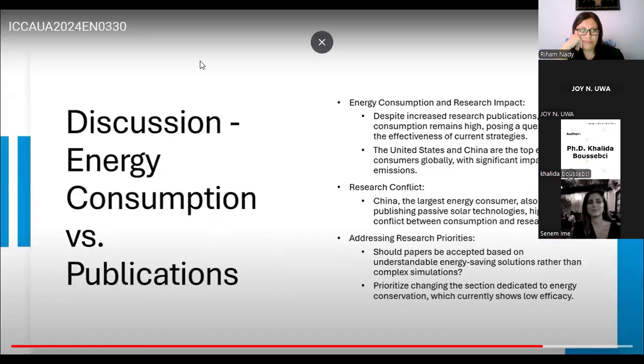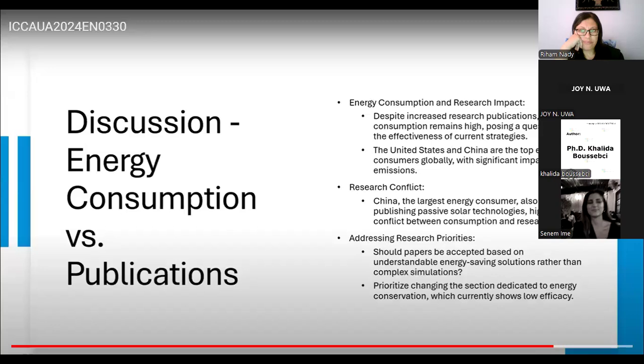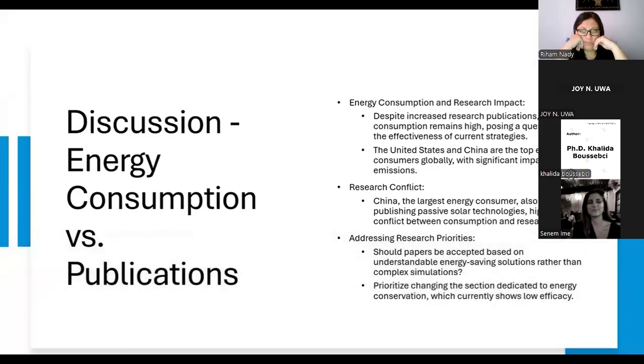investigation. So for energy consumption and impact, we saw that despite increased research publication, energy consumption remains high, posing a question about the effectiveness of current strategies. So for us to address priorities, should papers be accepted based on understanding energy saving solutions rather than just applying complex